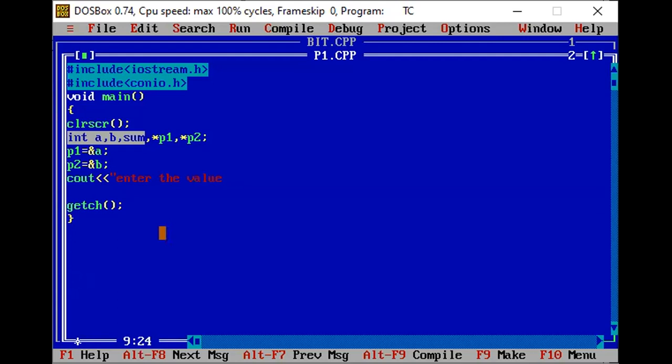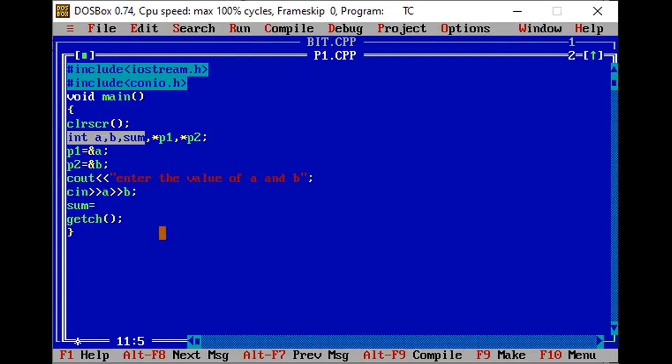value of A and B. Then cin A, B. With this, you will get the value. Now, one is if you will use sum equal to A plus B, then you will get the sum.